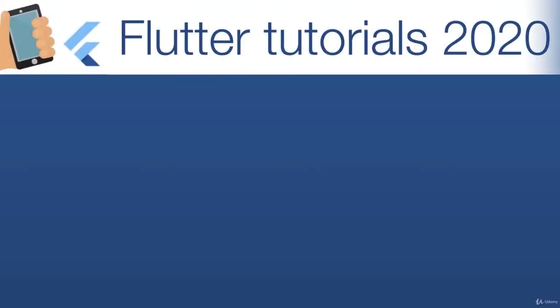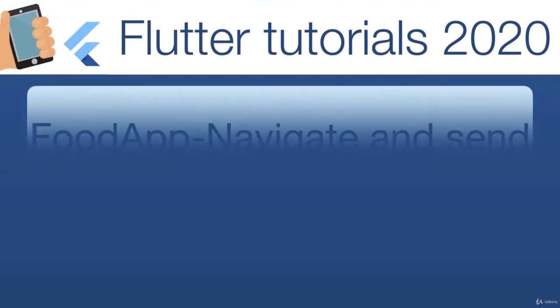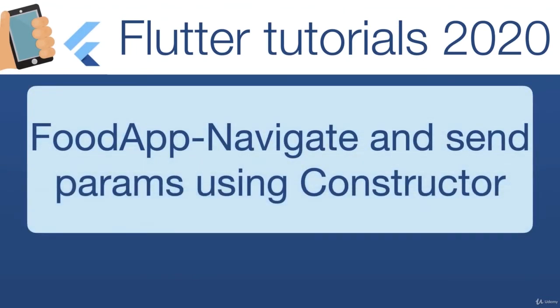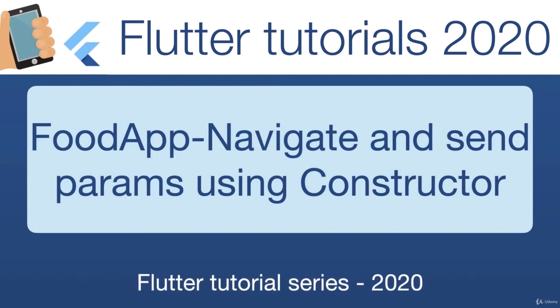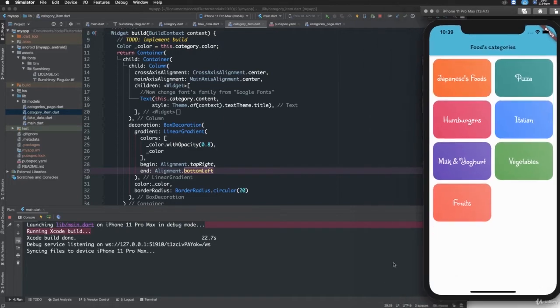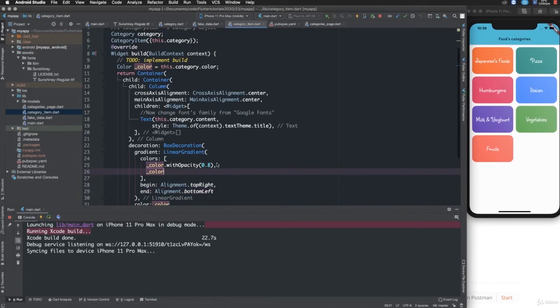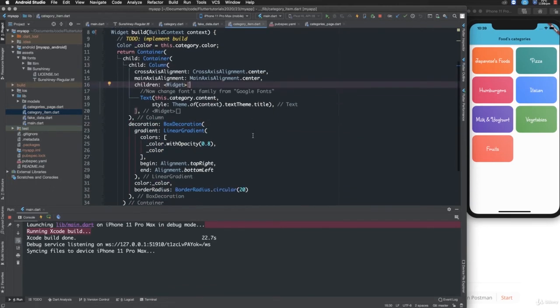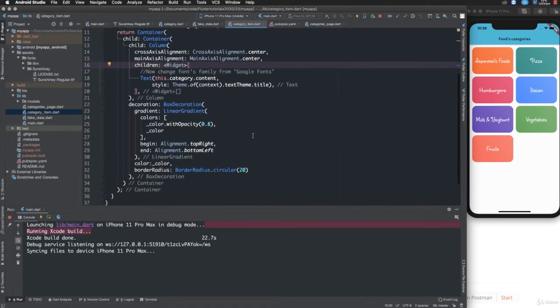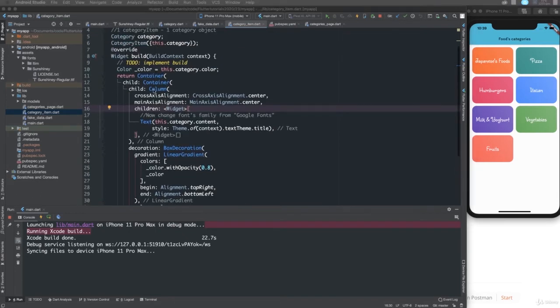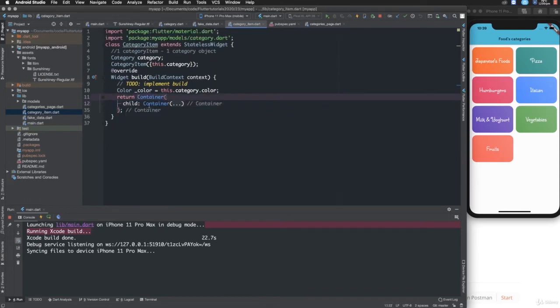Hello everyone. Today we continue from the previous lesson, and in this lesson we will transmit a parameter between two screens using a constructor. So in the previous lesson we have a list of food categories, and now I want to press an item in the grid view, and after you press the item, the application will navigate to the list of food, which has a specific